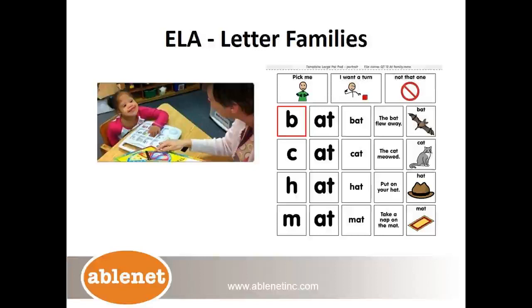to say the initial consonant. They're able to make the word with the at sound. They could say bat in full. The bat flew away, which is a sentence that they could create based on what letter sound they're working with,